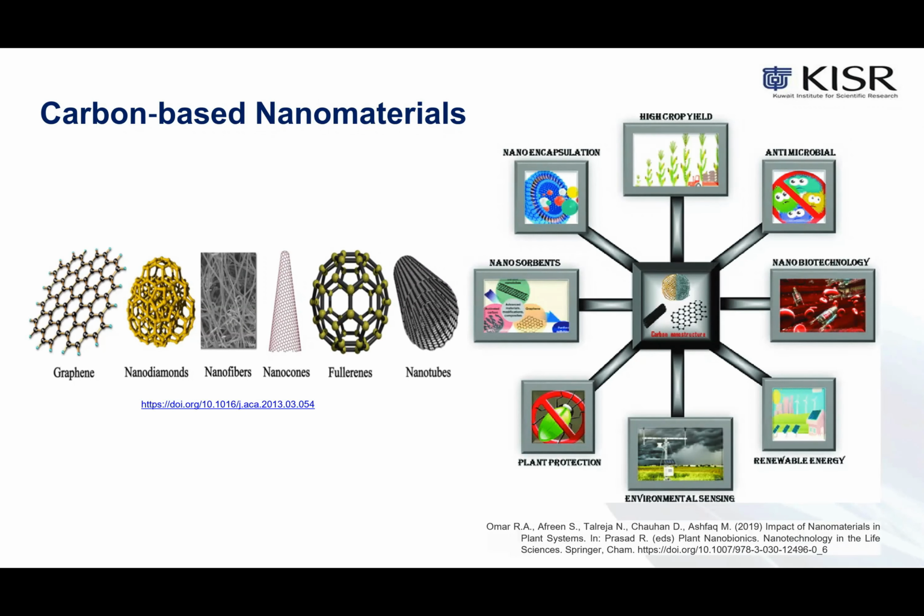Next, we have also another type of nanomaterial. We call it carbon-based. And carbon is a fascinating element because of its different phases and the different properties these phases exhibit. Recently, various carbon-based materials have been synthesized using graphene, carbon nanotubes, carbon nanofibers, graphite, diamond, and all these are basically important carbon-based nanomaterials.